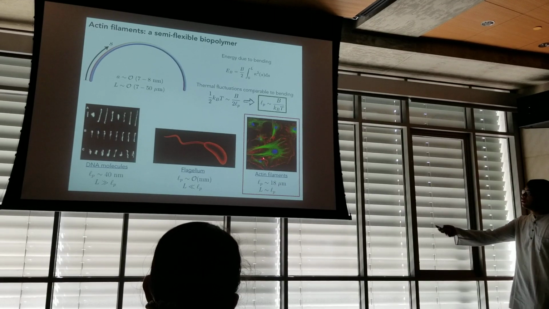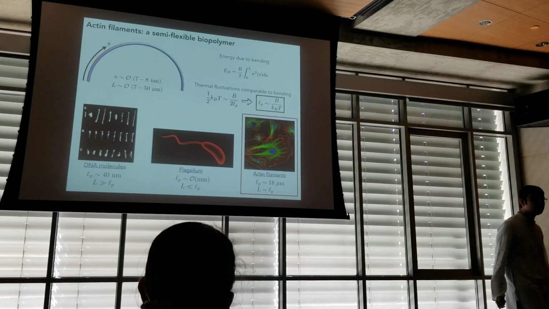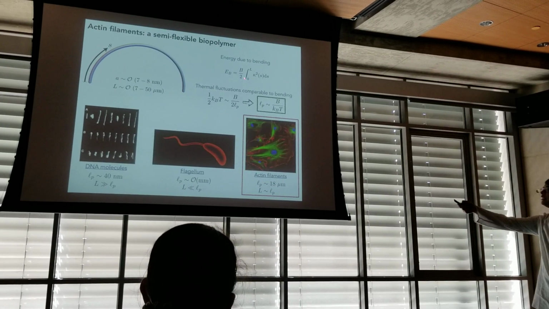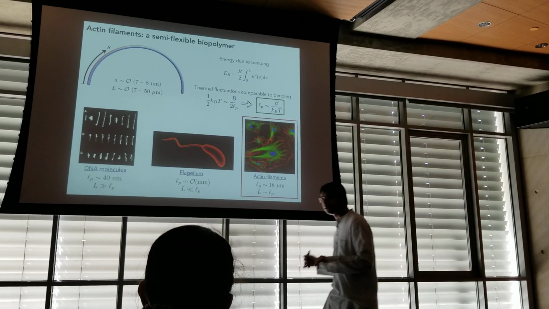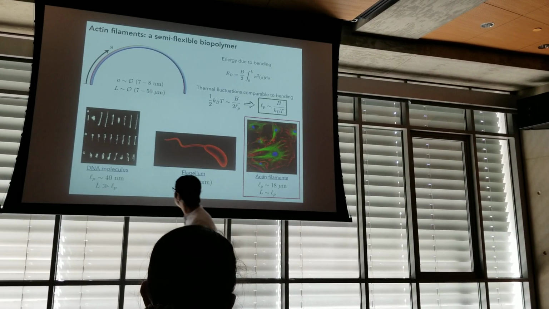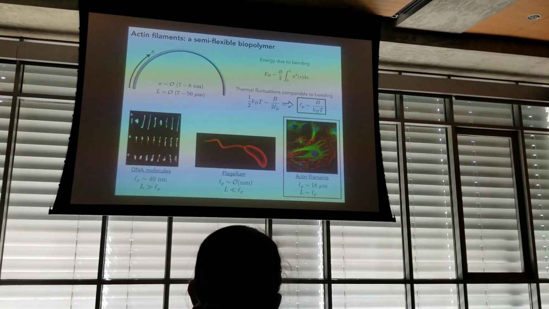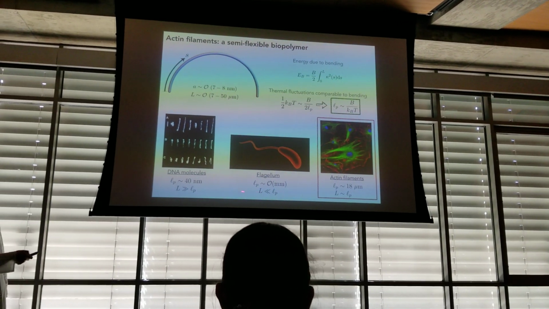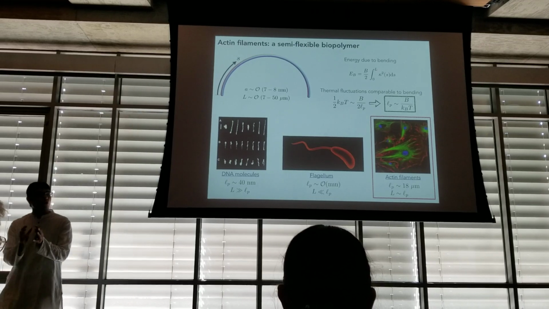You take one of these individual filaments and try to bend it, and it resists, and associated with that is a bending energy that goes as curvature squared, where kappa is the curvature and is proportional to the bending rigidity, B. Now the backbones of these filaments are subjected to thermal fluctuations at a length scale called the persistence length, denoted by L_P over here, where thermal and bending energies are comparable. If the length of the polymer is much larger compared to the persistence length, as in the case of DNA molecules, then they tend to be entropic and try to remain in a coiled conformation.